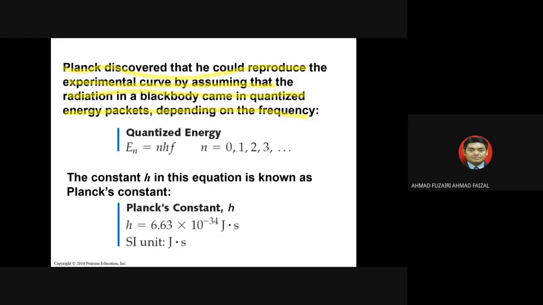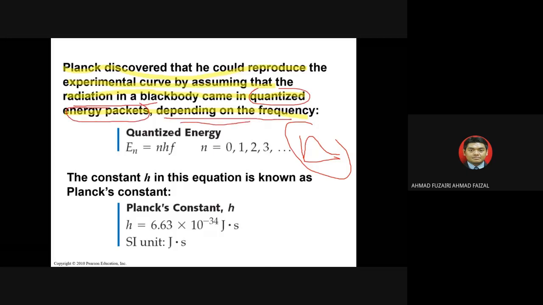In other words, this guy named Planck discovered that the experimental curve, this curve that we have seen before, he can reproduce only if he treats the radiation in black body as coming in quantized energy packets depending on frequency, meaning that he came up with this equation whereby E_n equals n h f, where E is the energy